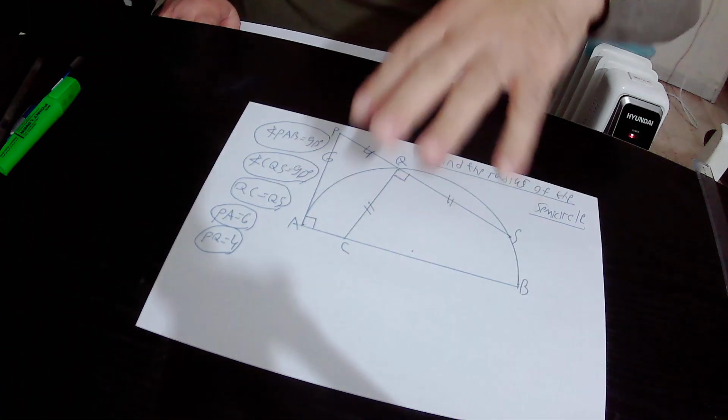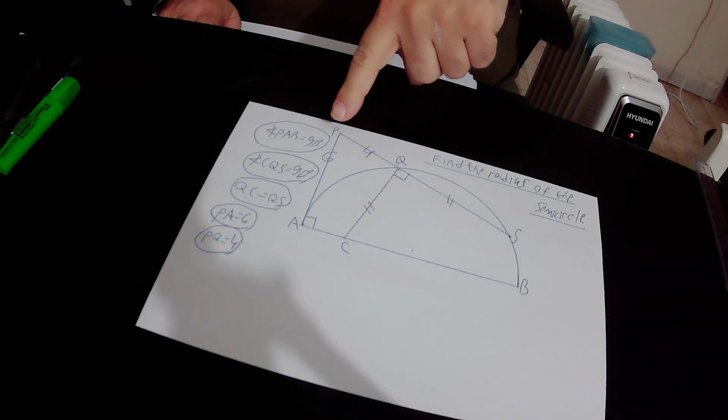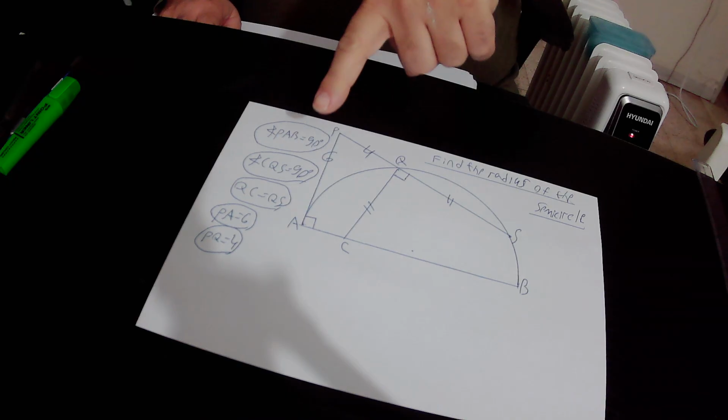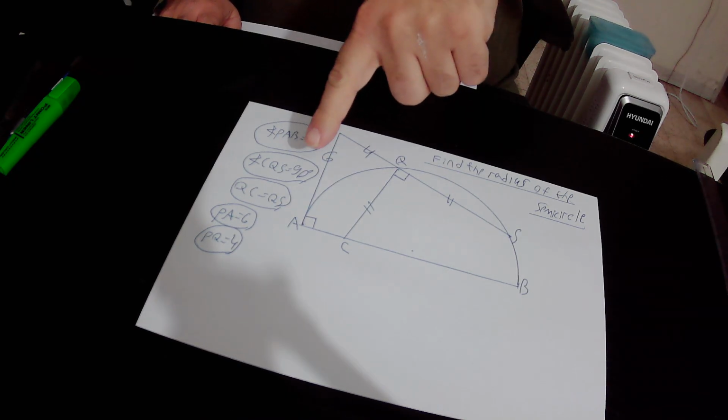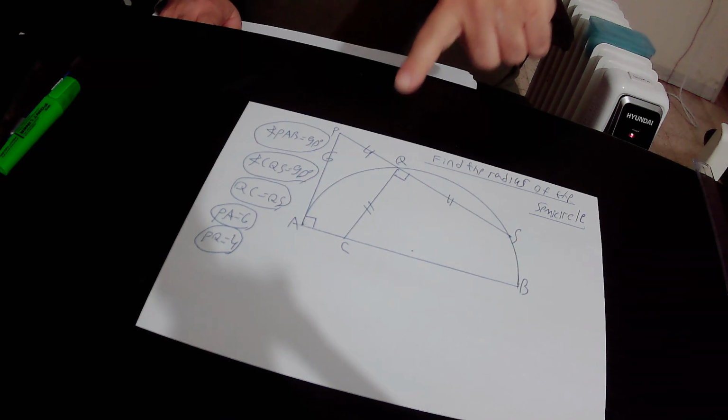Hello, in this lecture we'll find out the radius of the semicircle. In the drawing we have a semicircle. We know that PA equals 6 units in length, and PA is also tangent to the semicircle at point A. We also know that line segment PQ equals 4 units in length,